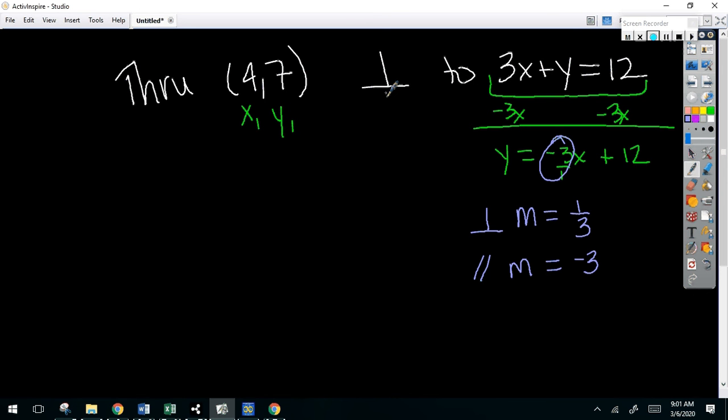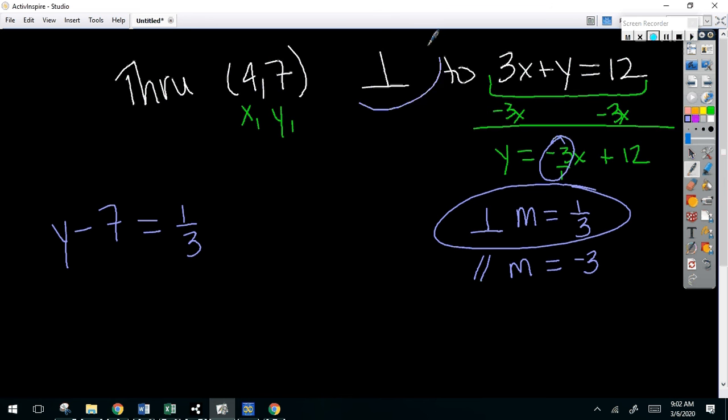Perpendicular, that's what I'm looking for. So this is the slope that I'm going to use. So now this is just like last night's homework. Write the equation of the line given a point and a slope. Y minus what? 7 equals 1 over 3. Remember, I'm going perpendicular on this one. 1 over 3 times what? X minus 4. Okay? This one is a little bit harder to get into slope-intercept form if I needed it